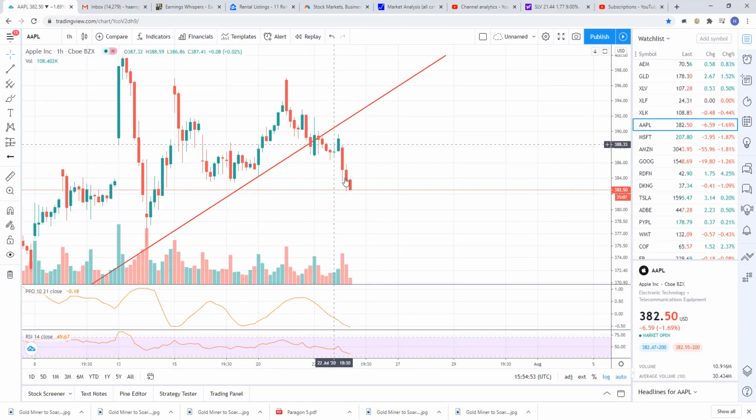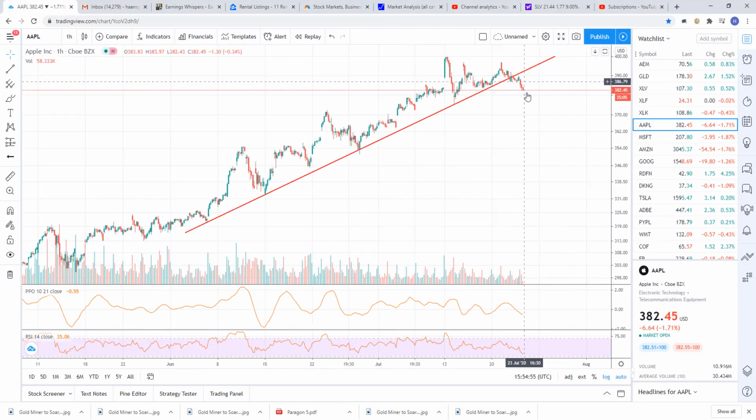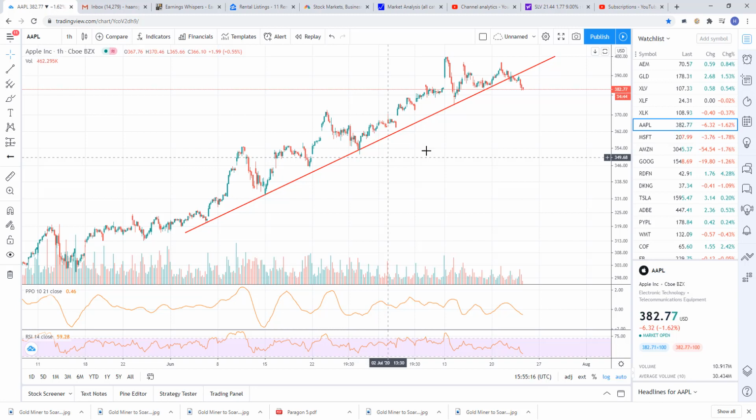Apple. Look at Apple. So here it is. It's breaking down before earnings. The people are selling. They're taking profit, essentially. They're front-running earnings. They saw Microsoft report negative earnings and sell off. So anybody who's in Apple who has a nice profit is trying to take their money off the table before earnings. That's what's happening. Doesn't mean earnings can't be perceived as positive, but ultimately there's a lot of people that have big gains in these stocks, and why risk it, I guess, is what I would say.